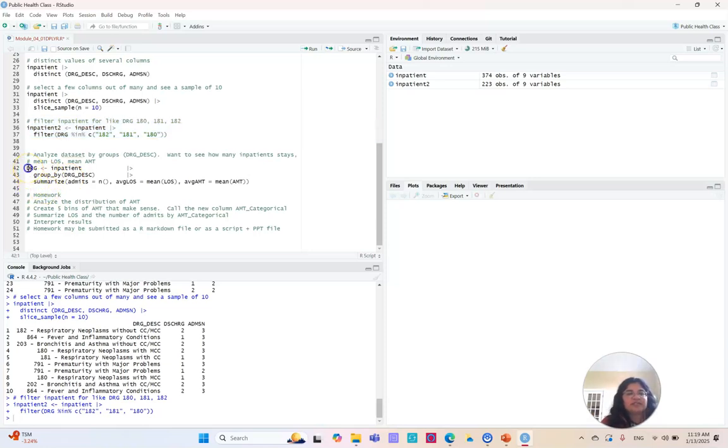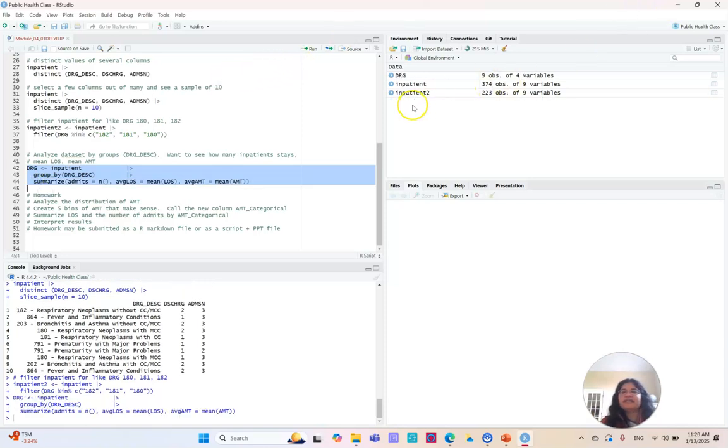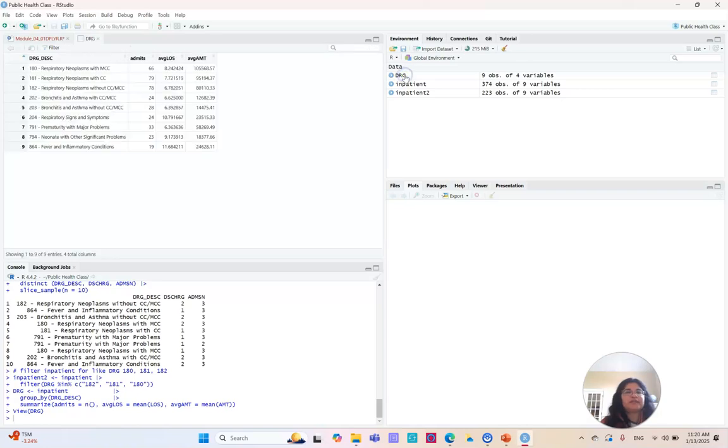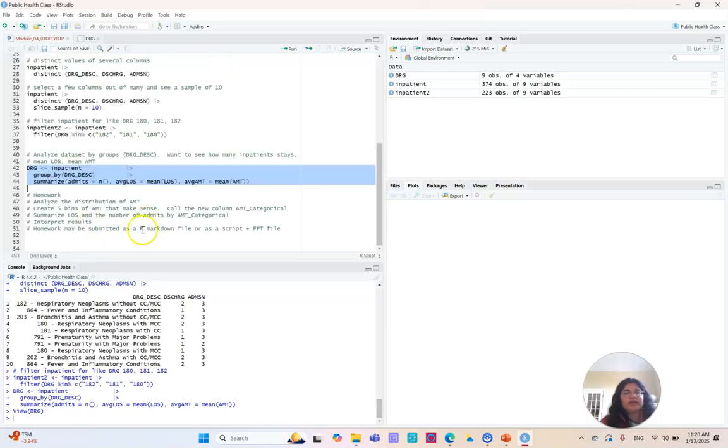But what this will do is, for each DRG, give you how many admits there are, what the average length of stay is, and what the average amount charged is. Okay, and that is the DRG data set. So we can open it up, and here we go. It's got admits, it's got average length of stay, and it's got average amount. And that concludes